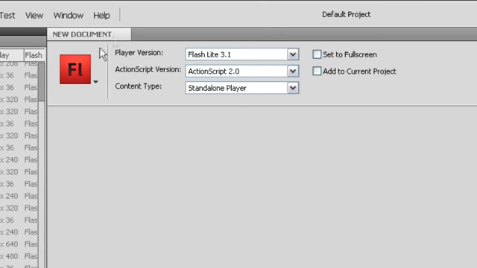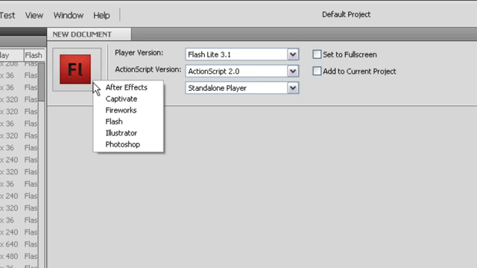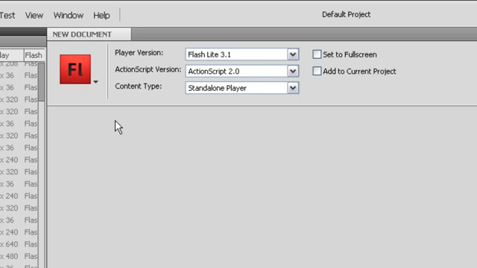We've got the new document panel over here, which is very similar to what we've had previously. We can choose from various applications within the Creative Suite family. You can see now we've also got the added option of creating Fireworks native documents. So we can use this option to create various starting documents for mobile designs or applications, depending on what it